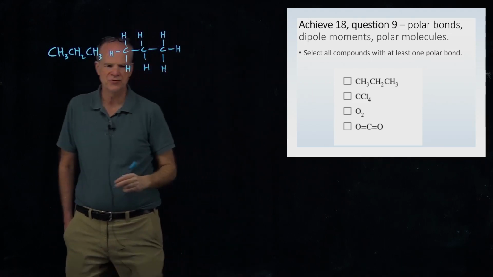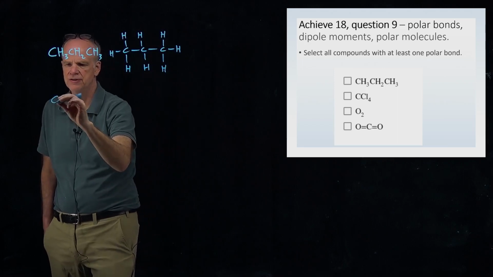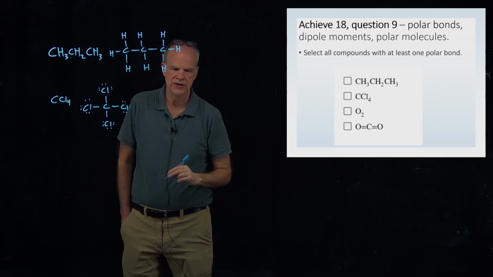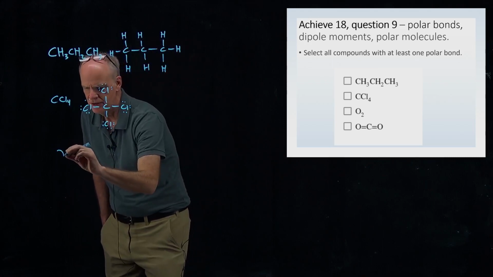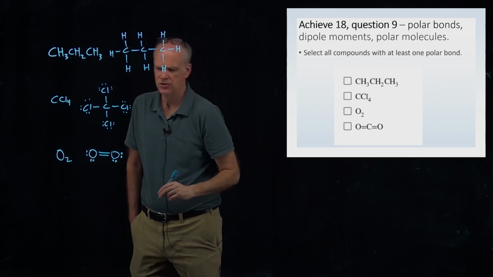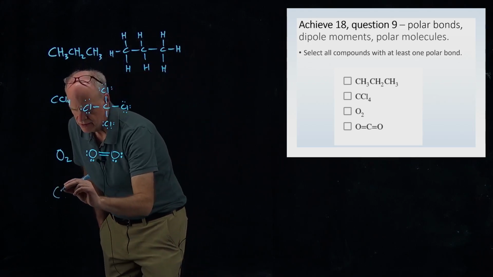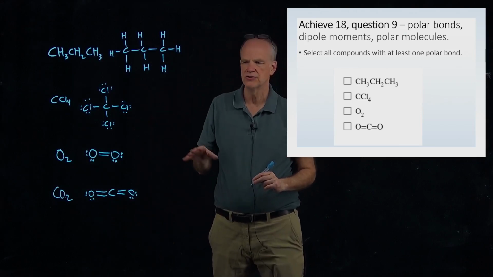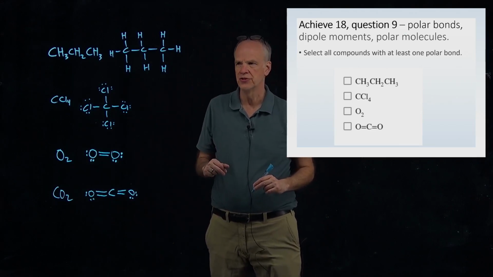Okay, so the next molecule is carbon tetrachloride. So let me draw a picture of that. Okay, the next molecule is oxygen. So let me draw that. Okay, and the final molecule is carbon dioxide. Okay, so what I've done is I've drawn correct Lewis structures for all the molecules you're considering, and you have